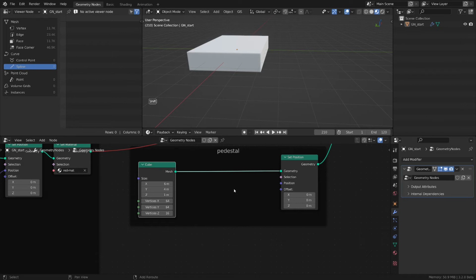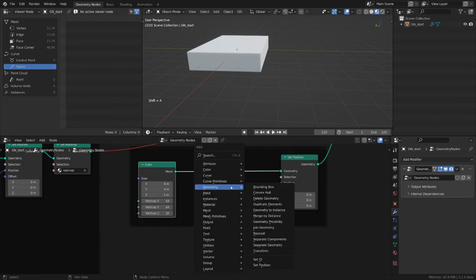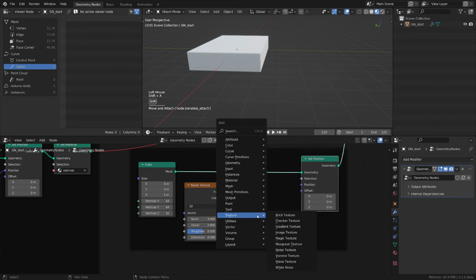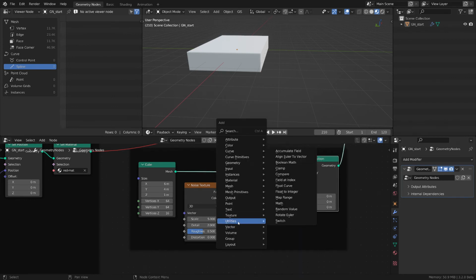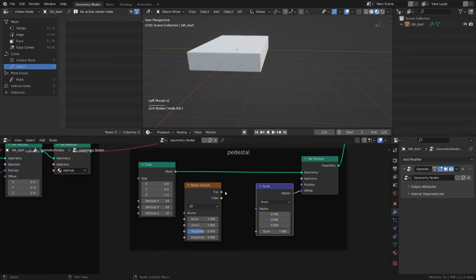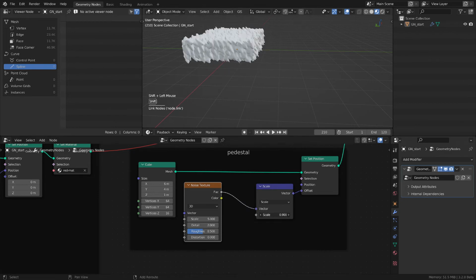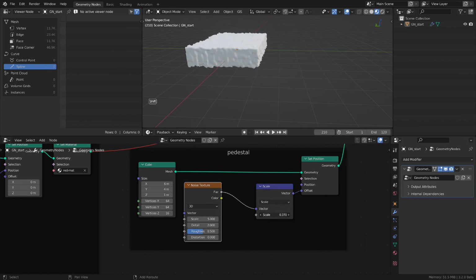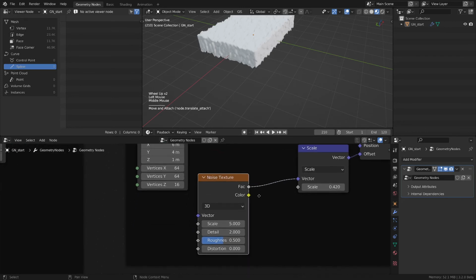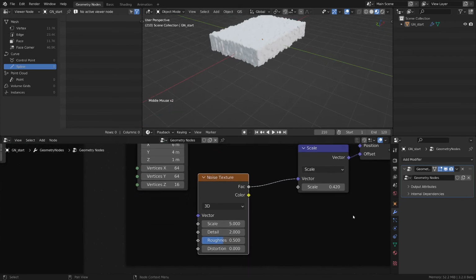Let's do an offset on these vertices. Oh, I don't know why I keep saying pixels. Let's use a noise texture, and we want to offset this. Because we also want to control the strength of this, let's do a scale vector, plug it into the offset, and then we can use this value here. And now we can control the scale from here. So let's do maybe something like this. And now we can play with the values from this noise. But before we do this,